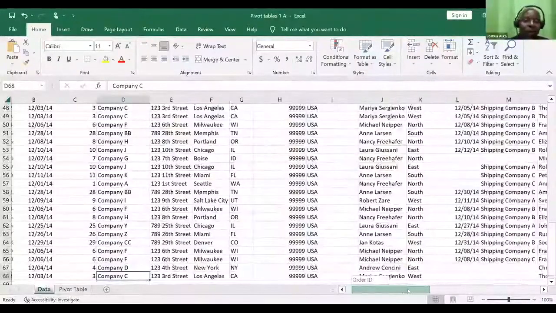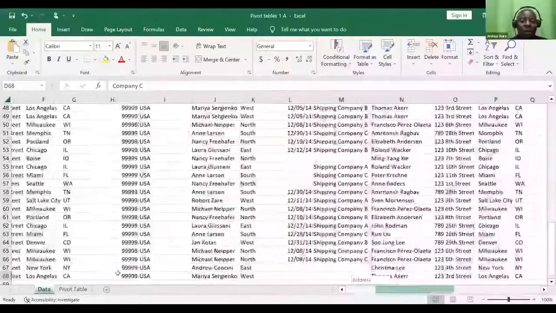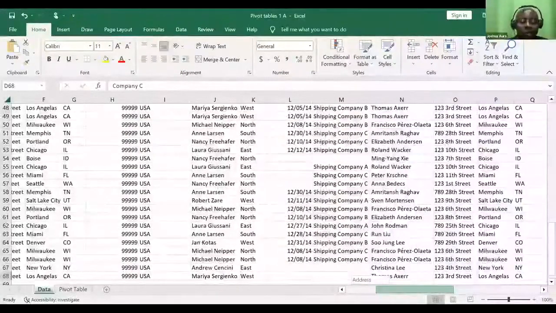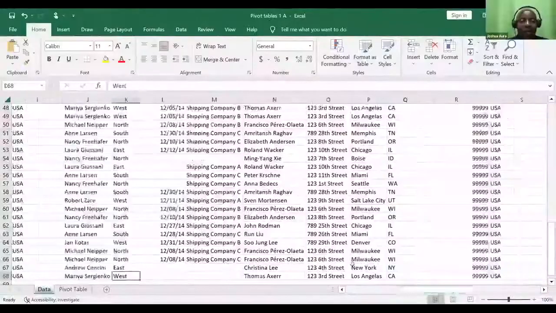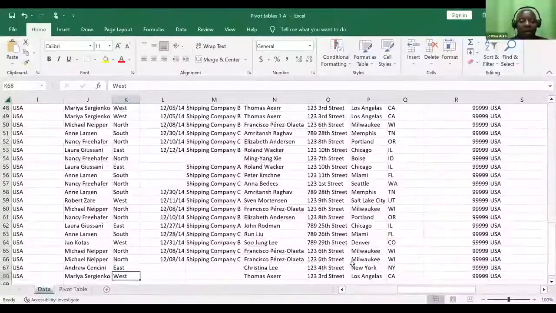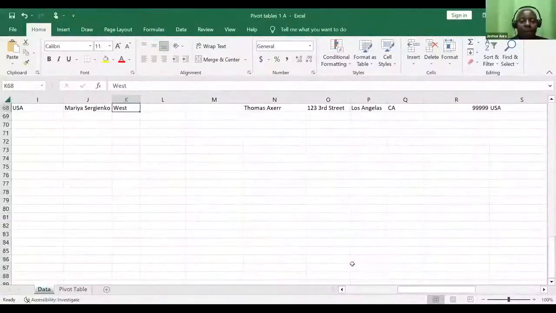I don't want you to move between columns. I want you to move down. You simply click anywhere inside there, and then you say control down arrow. Yes, okay. So then go to row number 69.